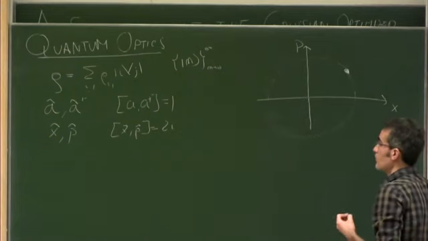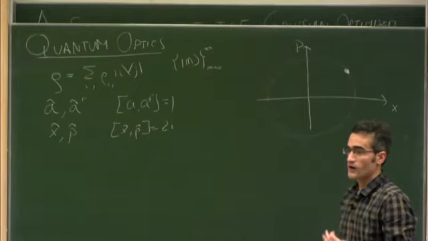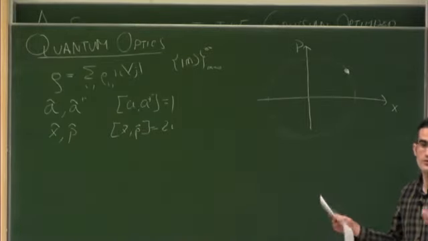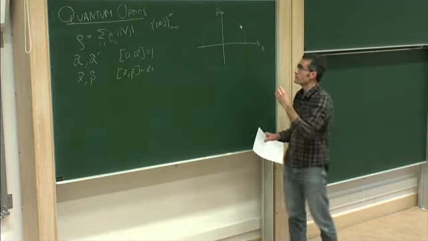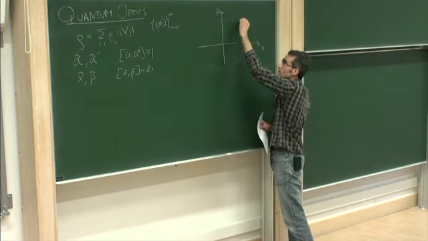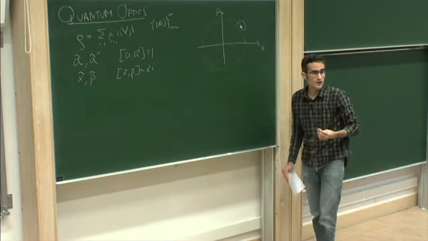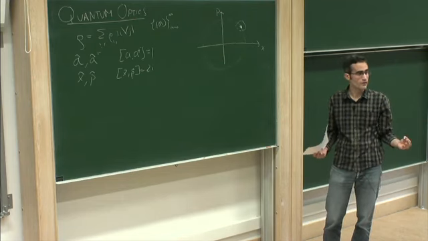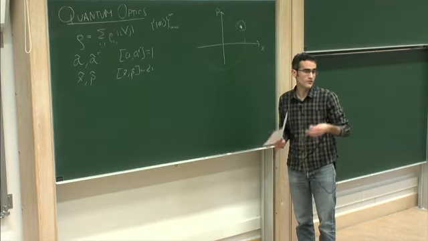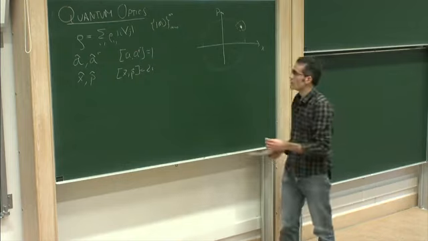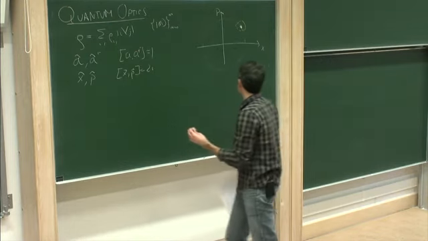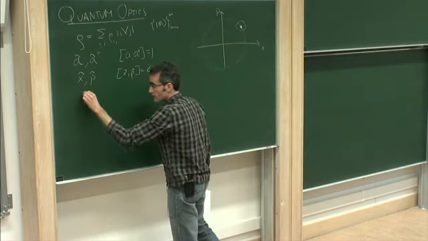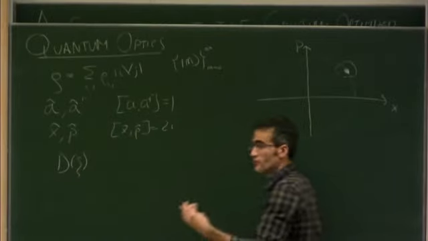Then you could say, well, I could generalize to a probability distribution. So instead of having a point, I may have a probability distribution on the phase space of my system. And when we move to quantum mechanics, what we get is a generalization of this, which is the Wigner function. This function can be negative, which is different from a probability distribution.